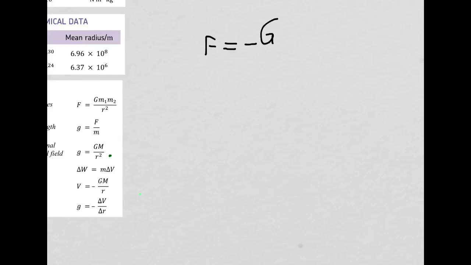I'm going to use the big M little m notation because we're looking at orbiting around a planet. We also have the equation of centripetal acceleration, and then we can convert that to centripetal force,